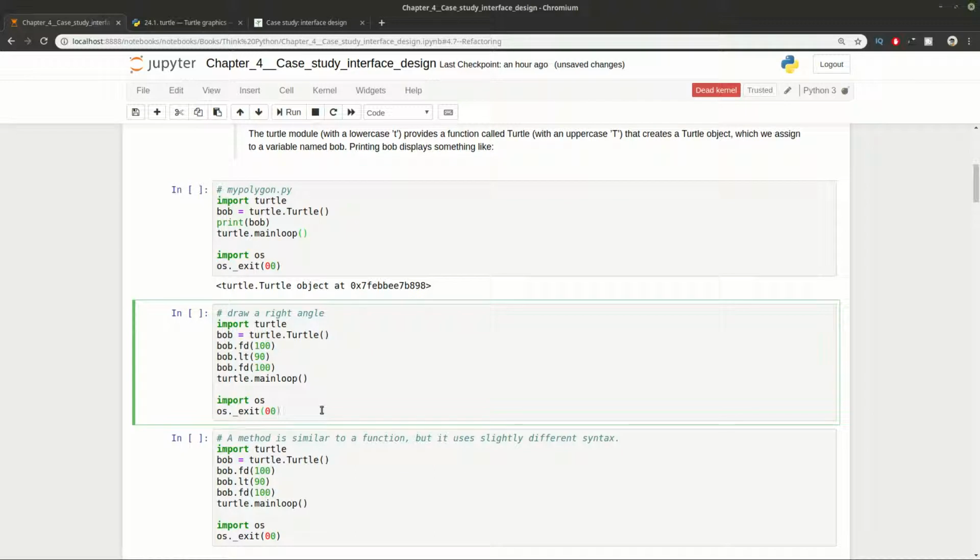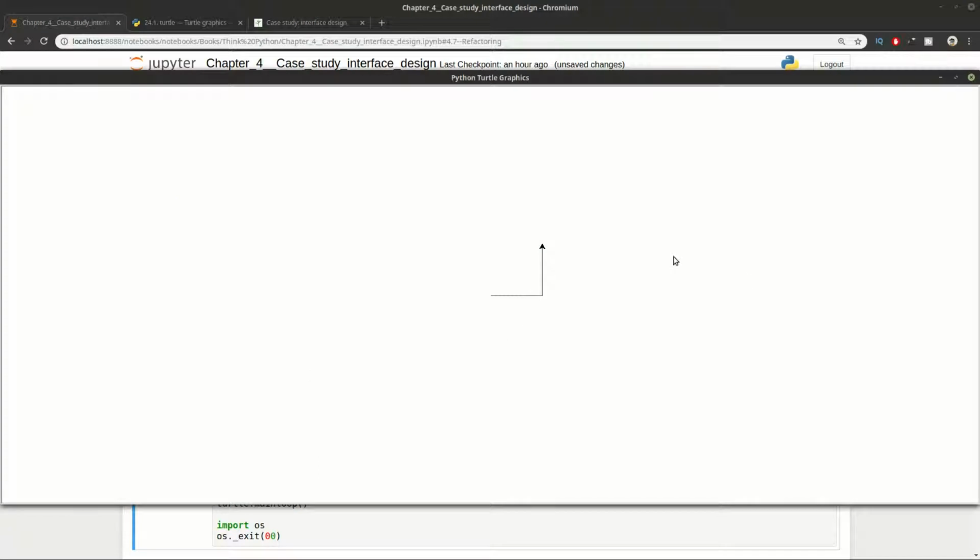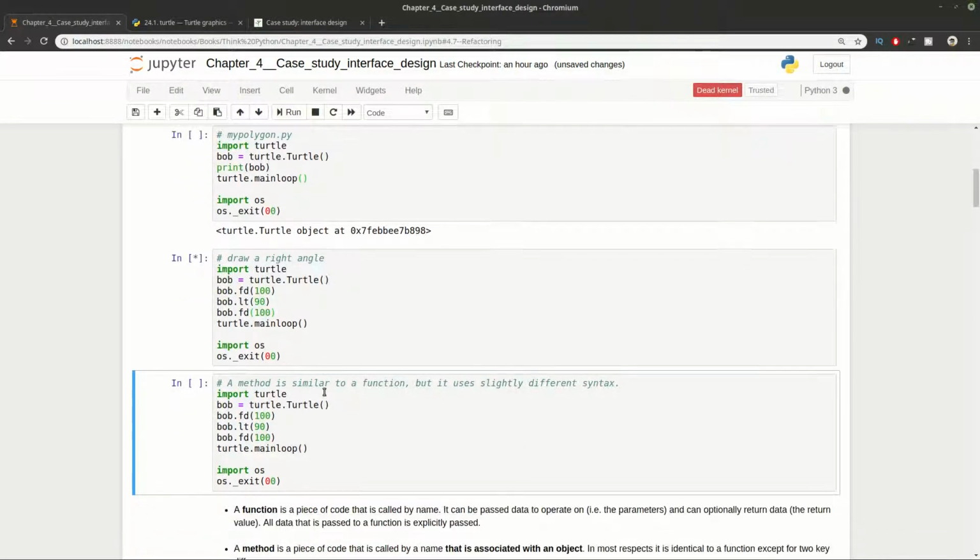And now let's draw something simple like a right angle, which can be done by using these lines here, which means draw forward, then turn by an angle, and then again draw forward. As you can see, the program is drawing something, then it's turning, and again it's drawing. You can see the pen, or the pointer. So let's close this window and continue.